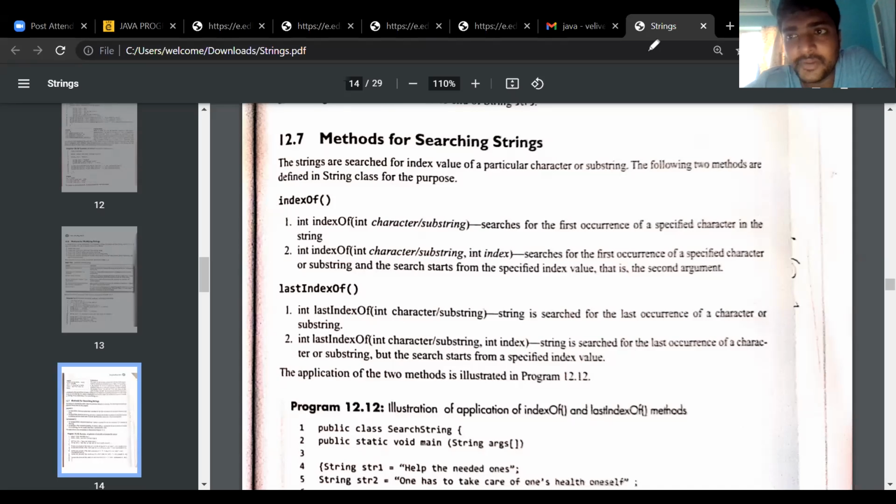To create or declare a string, we need a data type. Here we use the non-primitive data types. We have three non-primitive data types: String class, StringBuffer class, and StringBuilder class. Each class has its own advantages as well as disadvantages.